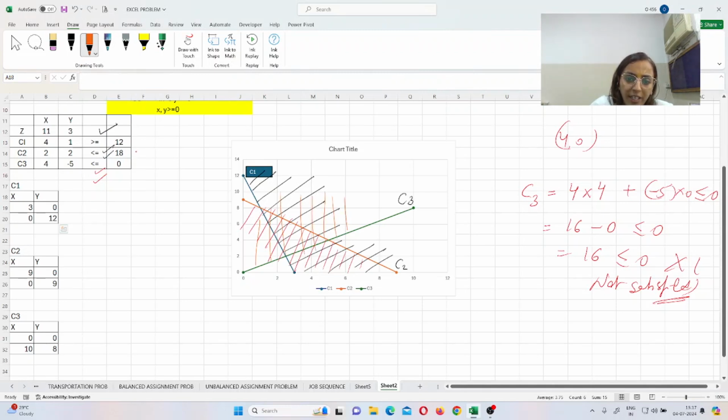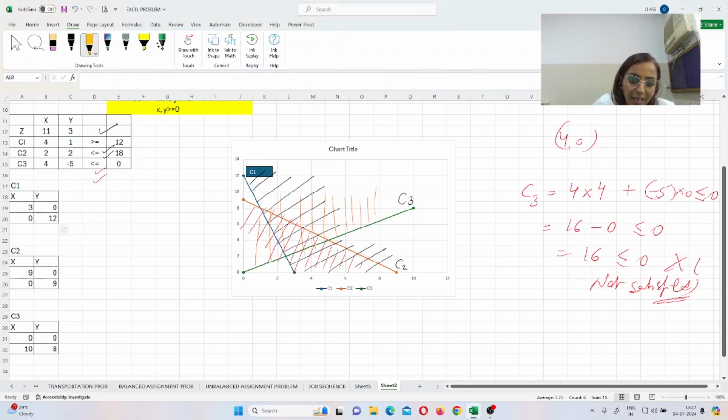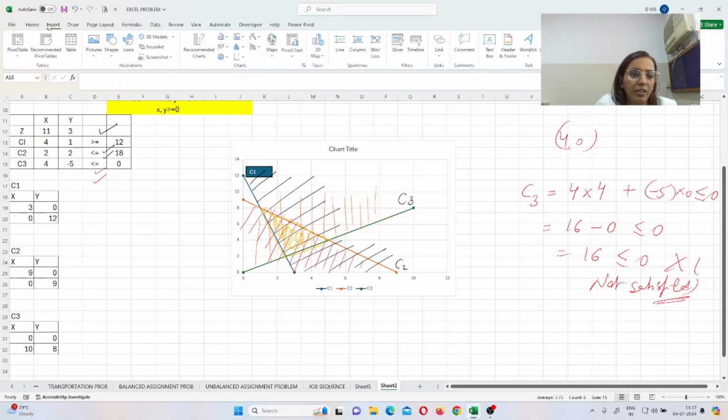Now, hope you are getting what I'm doing. The feasible area we are now able to find out, and my feasible area is this part, the combination. If I highlight it more for you, this part is a combination of all 3 points. You can do this shaded area with the help of Excel also: coming over here, insert,